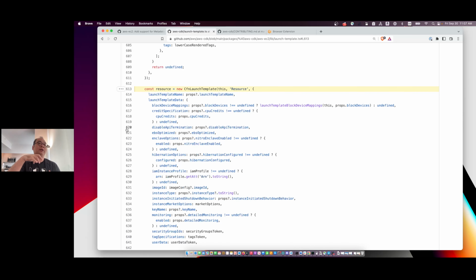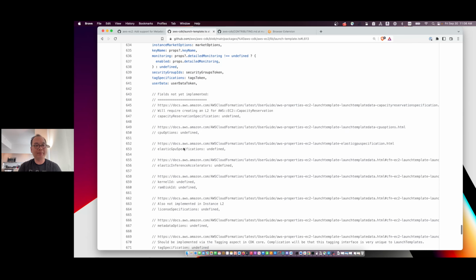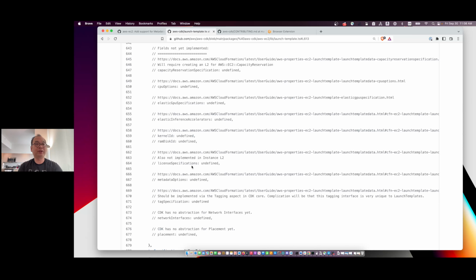the L2 construct. An L2 construct is basically a construct class that helps you provision the L1 construct. All the L1 constructs start with the CFN prefix like this. This is a L1 construct class that actually synthesizes into the CloudFormation resource. So in this case, what we need to do is implement the metadata options